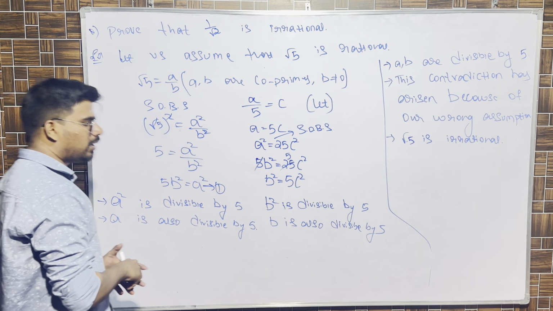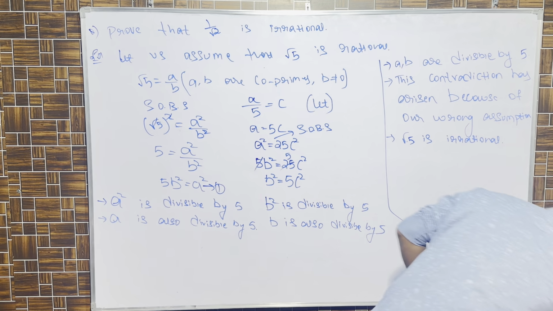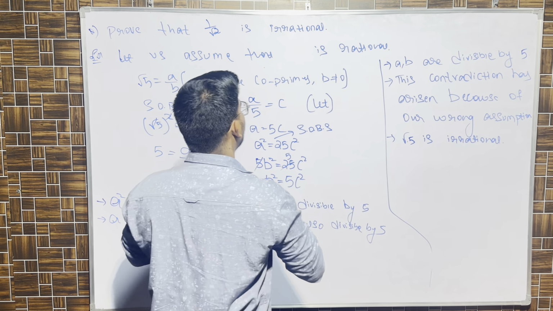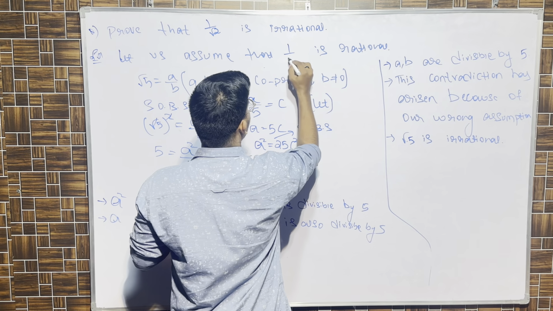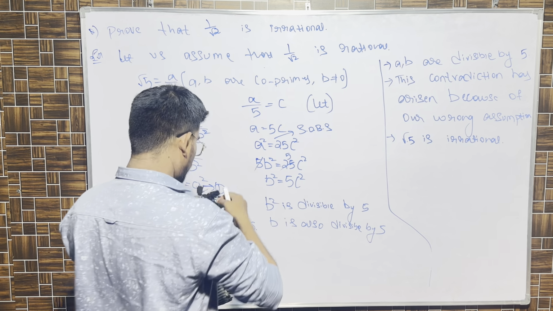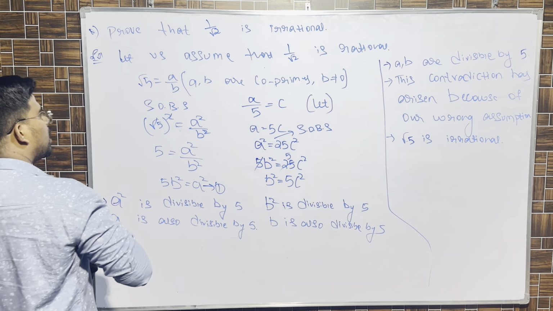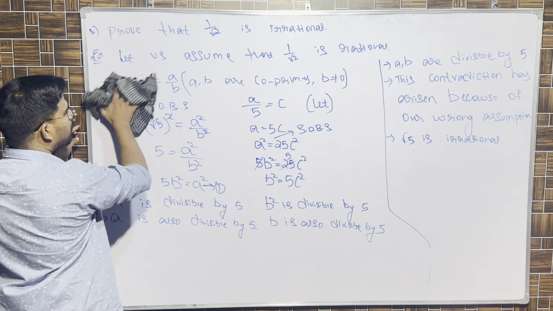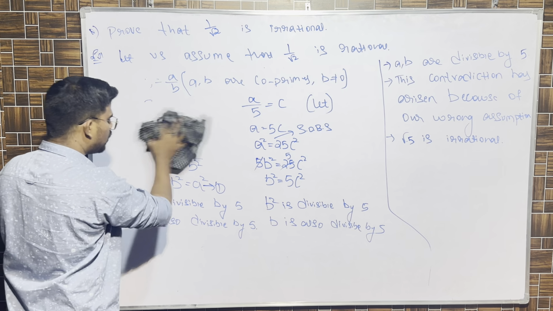Let us assume that 1 by root 2, let us assume that root 5 के बदले में what am I supposed to write, 1 by root 2. Let us assume that 1 by root 2 is rational. If 1 by root 2 is rational, the same way first I'll erase this a by b. ठीक है,